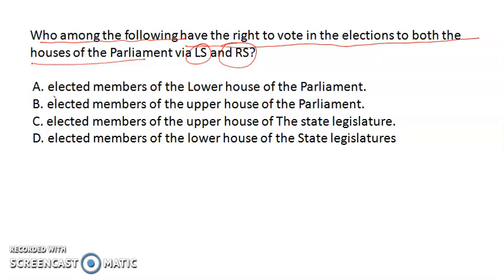First option is elected members of the lower house of parliament. Second option is elected members of the upper house of the parliament. Third option is elected members of the upper house of the state legislature. Fourth option is elected members of the lower house of the state legislature. The correct answer to this question will be option D, that is elected members of the lower house of the state